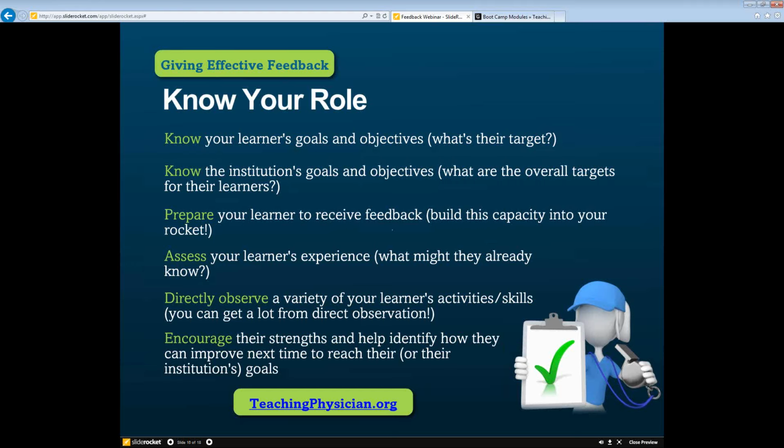And then finally, if we don't give some praise to encourage their strengths, they might have just done some behavior by accident, and we want to increase the likelihood that they've done something positive and they do it over and over. So yes, we have to give them praise that's genuine and specific, and we have to balance that with the criticism and the guidance so that they know how to improve next time.